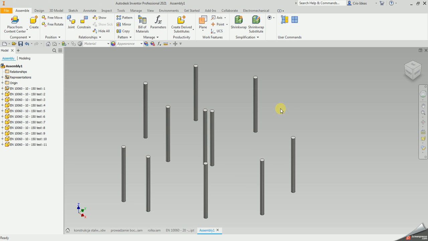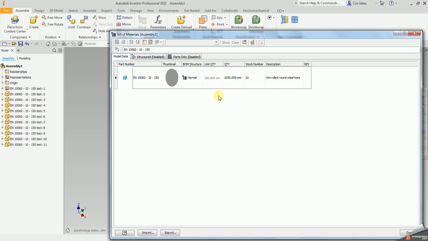I wonder if Autodesk is ever going to fix this annoying problem in formatting units, in formatting values that you get onto the drawing. So here I have a pretty basic assembly I set up for this video. I have a few pieces of Content Center steel profiles. These are bars, and the problem is that by default the unit quantity is in millimeters, which is fine, because then you get the overall length you need for this